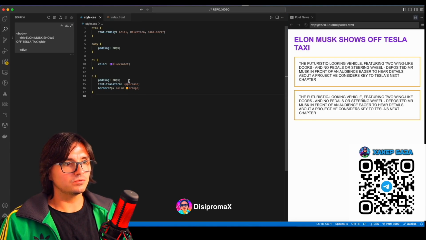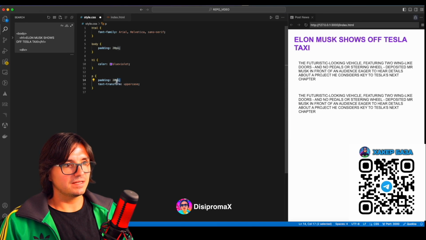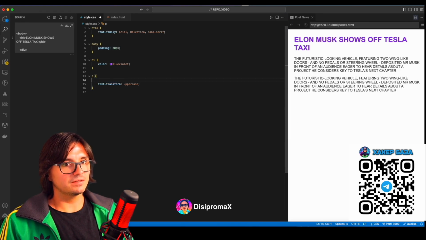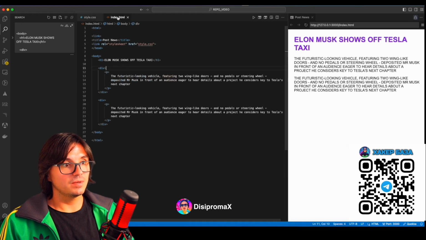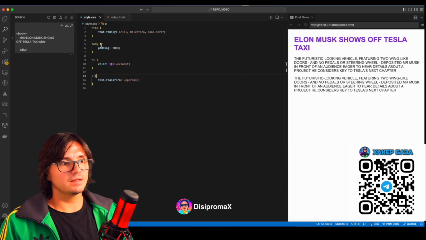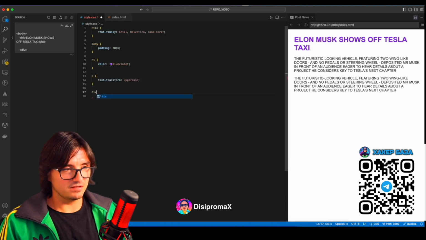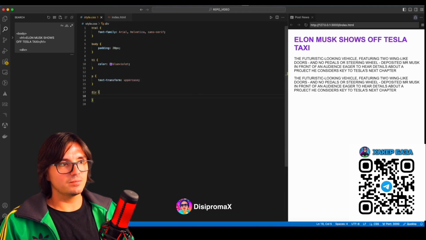From here, I'll remove the border and the padding. That's incorrect. P should strictly be responsible for the text. We need to achieve the same effect, but only apply these styles to the div. P is exclusively responsible for the text. You can specify div, right? Div. And like this, do it in the styles and address all div elements.